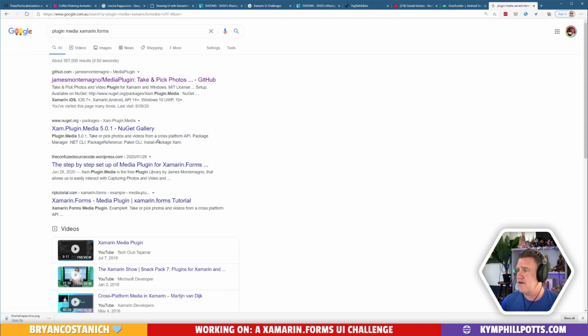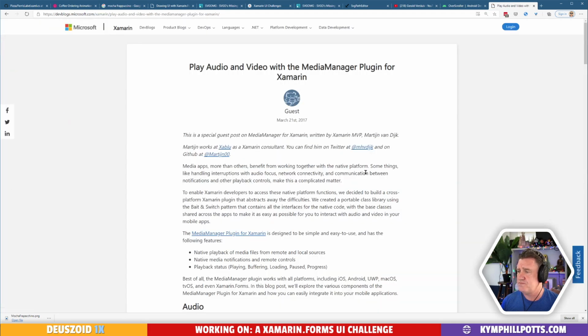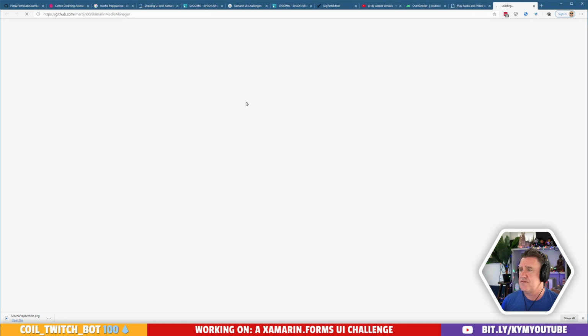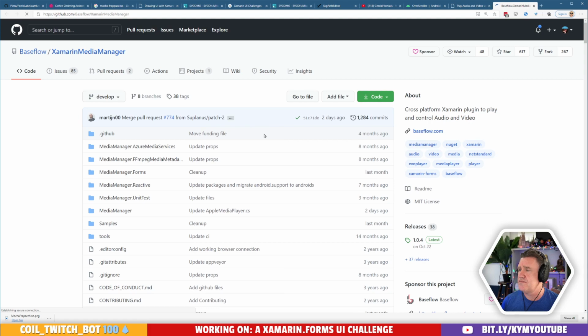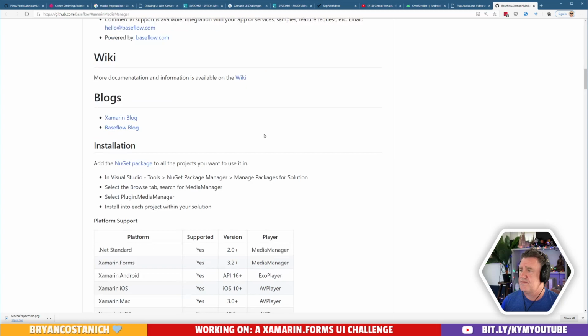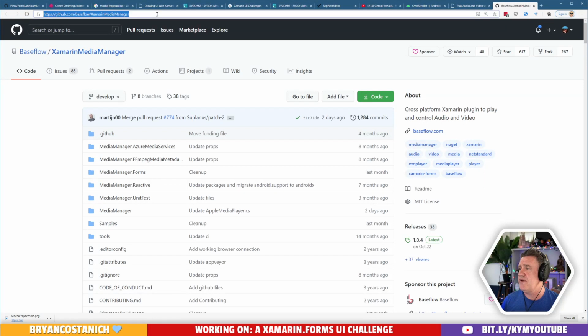Yeah, that's the media plugin. Xamarin Media Manager. There we are. There's a blog on the Media Manager. So that one you should be able to use. Looks like it supports all the things. So yeah, that would be my guess. Go and have a look at that one.